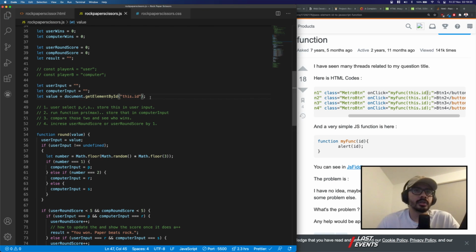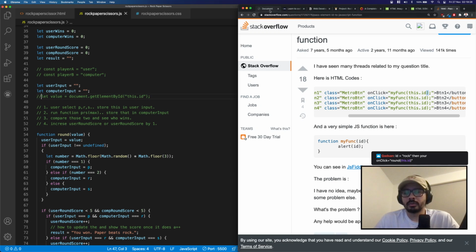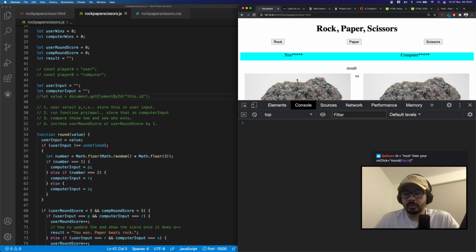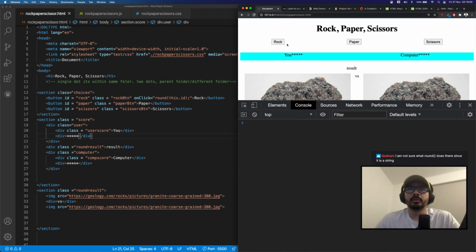Did I change something here? Alright, let's get rid of that. ID equals rock. Then you on-click round this.id. Okay. I'm not sure what round does. Okay. Round